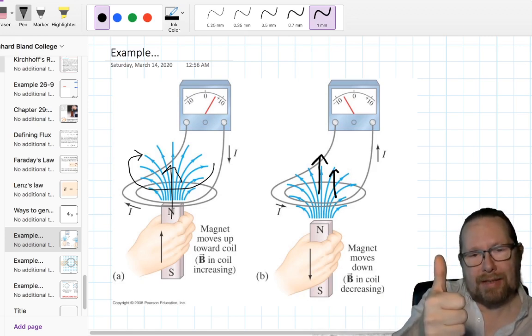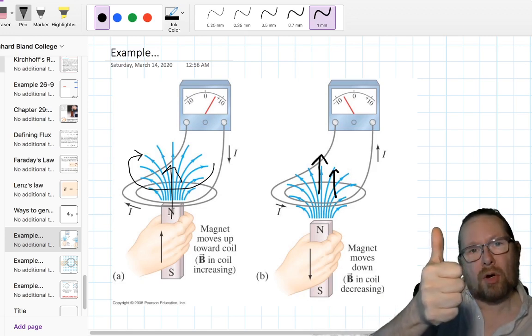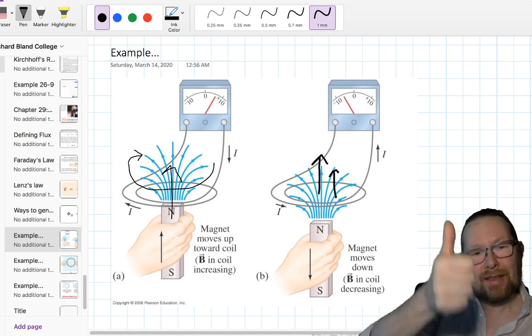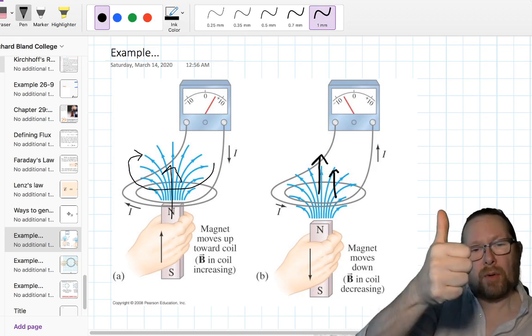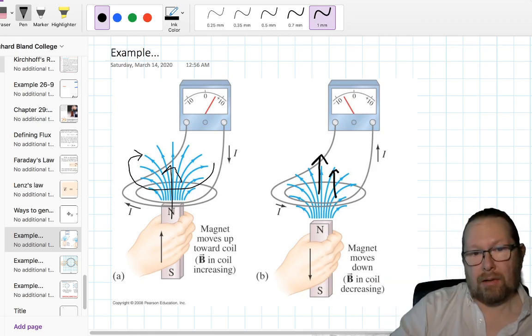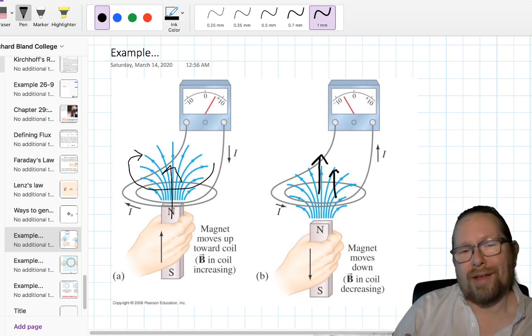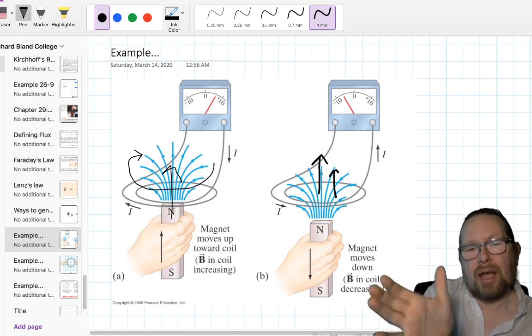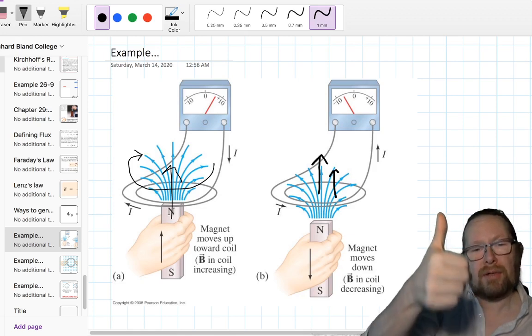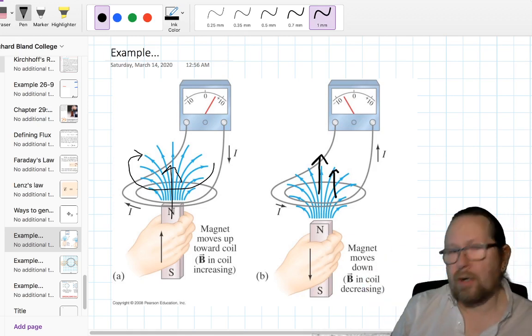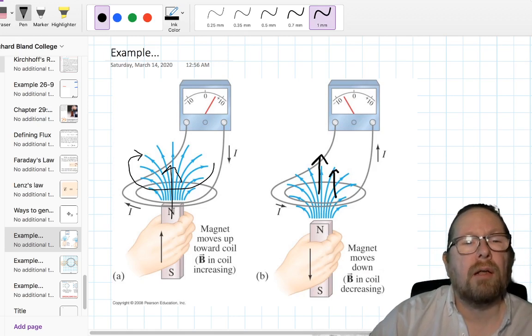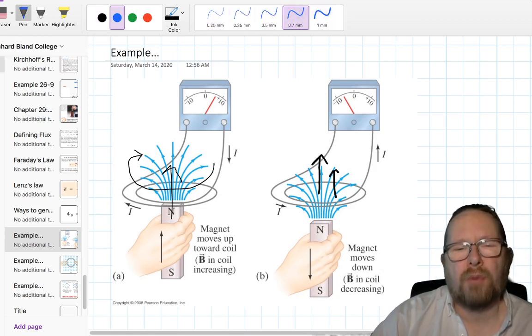The way it fights against that decrease is by creating its own magnetic field in the upward direction. Okay? The magnetic field is pointing up but decreasing. So the current that opposes that decrease, that opposes that change in flux, is a current that has its magnetic field in the upward direction. And by the right-hand rule, that is a current that wraps around the loop this way, which is what your